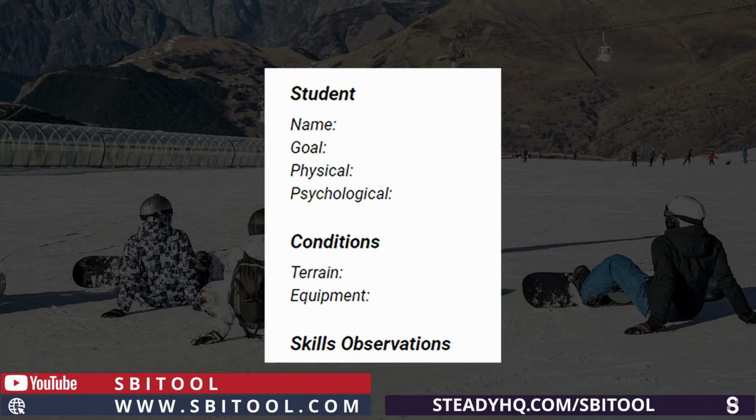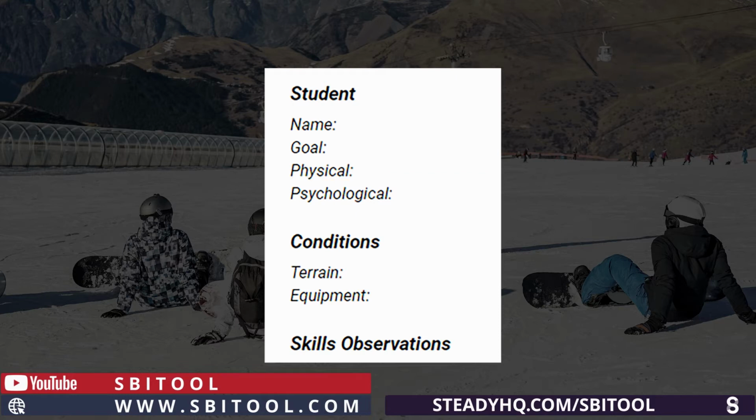Another factor to take into consideration for your students is their physical state. Is your student fit? Is he not fit? Did he have a past injury? All this will affect your lesson plan a lot. Experience with other sports from your students can help you a lot to make your lesson effective. You can use a lot of analogies to help them understand the movement you're looking to do with them. You usually gather that information either by observing your students or by asking them questions like, do you play other